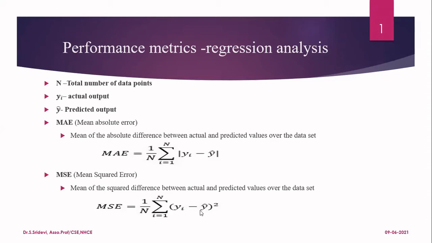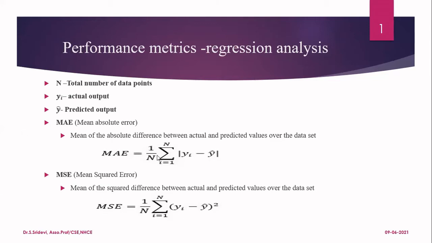So find the error. Error is nothing but YA minus Y cap. Then find the square of the error. Then you need to find the square for all the terms in your sample. So sigma i equal to 1 to n. Now this will give you the sum of squares of all the errors. Now we don't want the sum of squares of all the errors. We want the mean value. So divide that by the number of samples. This is called mean squared error.